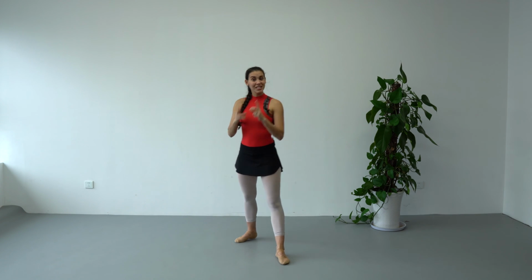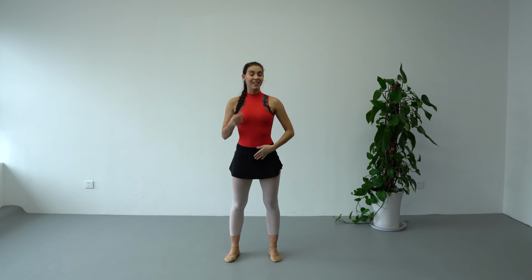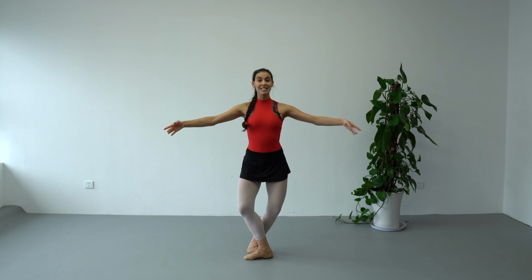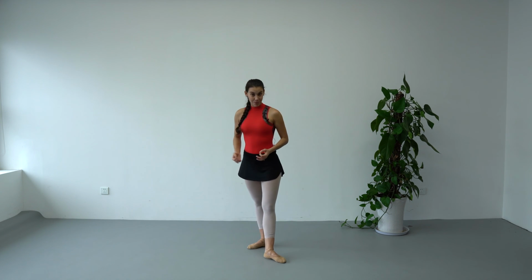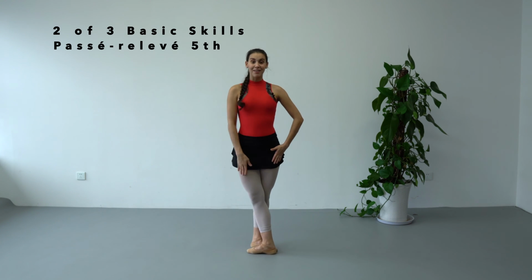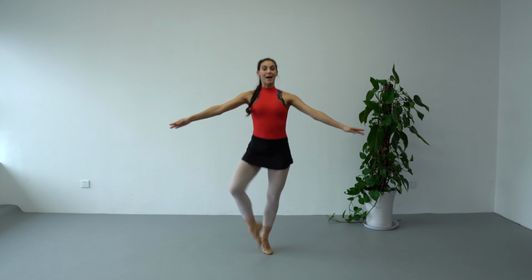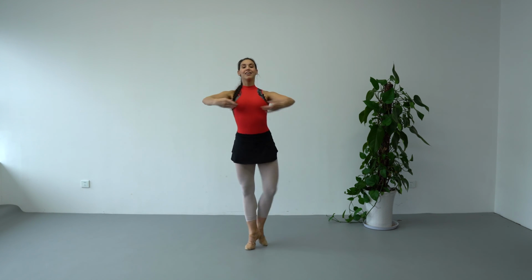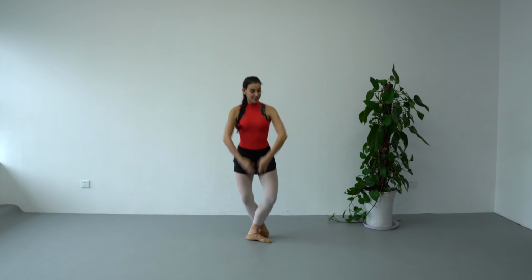Our next 2 skills are connected because one is going to be passé continué in relevé and the second one is going to be a simple pirouette. Therefore, by doing a simple passé relevé, we are already preparing our simple pirouette. So we are going to begin our second skill: 5th position, left leg in front, second position arms, and we are going to do passé and change to the back, and right, change to the back, and left, change to the back, relevé,